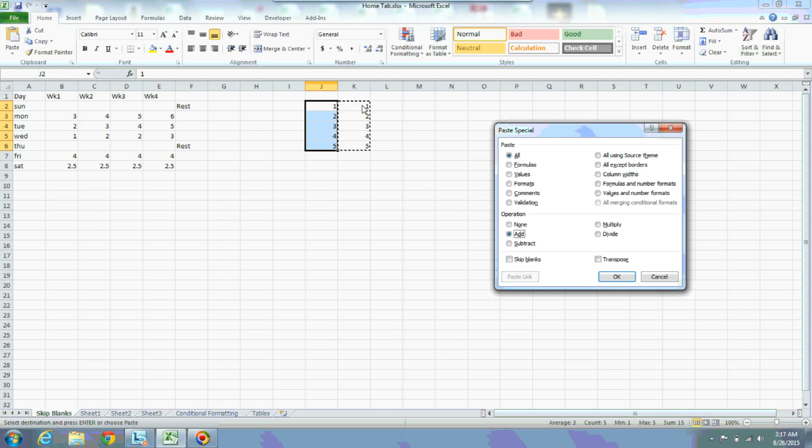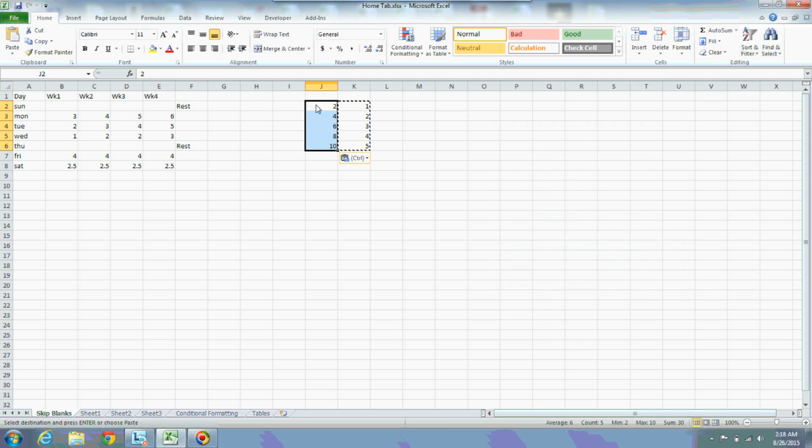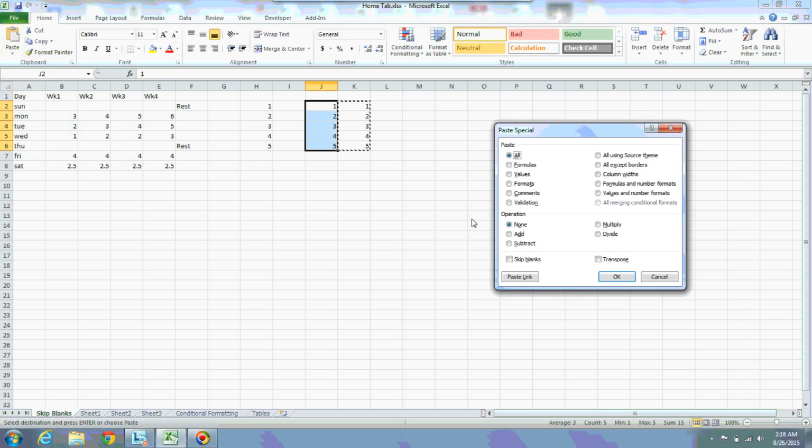If this 1 is matching with this 1, 1 plus 1 equals 2. Now it should add 1 plus 1. Now let us see whether it is added. Yes, 1 plus 1 equals 2, 2 plus 2 equals, earlier it is 2. You can observe here, I am just keeping my source from here to here. Now let us see, copy, select the entire portion and use paste special, add.